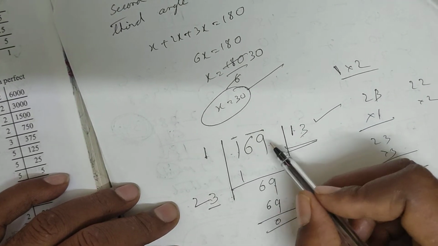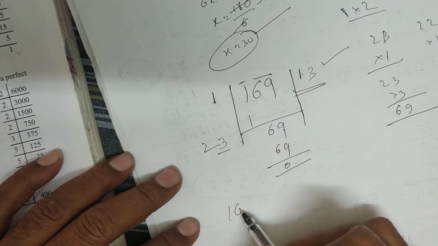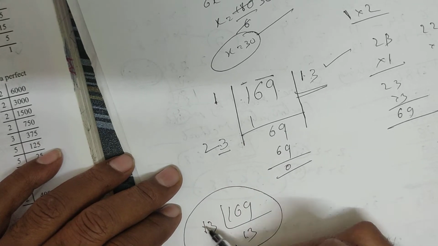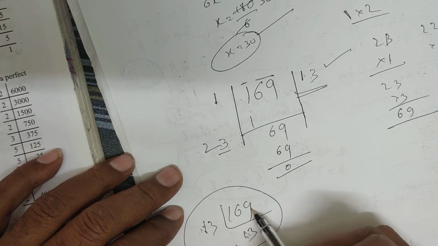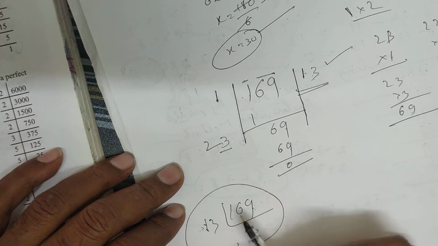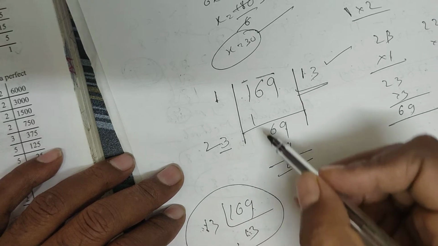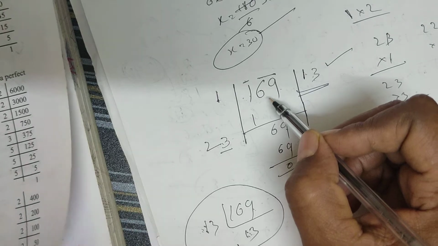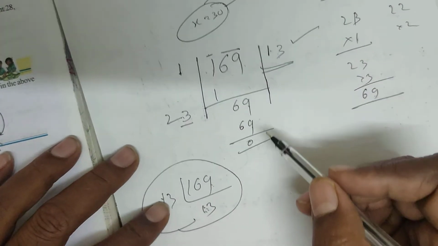13 is the square root of 169. So in the prime factorization method, you have to write 169, then 13 13, because 13 is a prime number. So in the 13 table only, 169 will go. So checking up to 13 is very difficult for us. So this method is easy, but to get this method you should do more and more practice. So in this method I will do another problem,